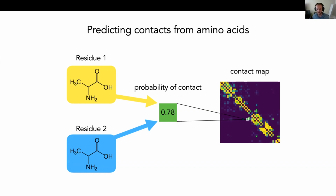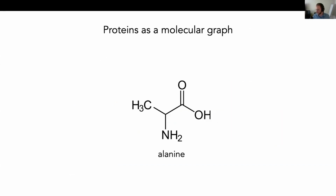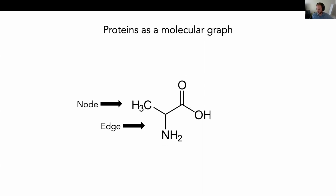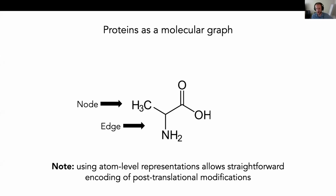But one of the most promising, I think, is reframing this problem as a graph neural network problem. And so we can treat these proteins as a molecular graph because, as I said before, they're just a bunch of these amino acids chained together linearly. And so this, as I said before, is the structure of alanine. And what you might notice is that it looks a bit like a graph structure. You have your nodes and you have your edges that connect atoms with covalent bonds. And so if we apply graph neural network models, we might be able to actually model this process incorporating all of the atoms, not just the amino acids or the nucleotides like we did before for the FO4 and CBF1